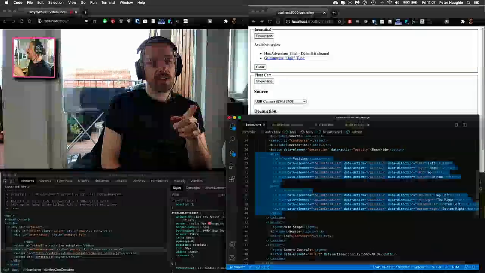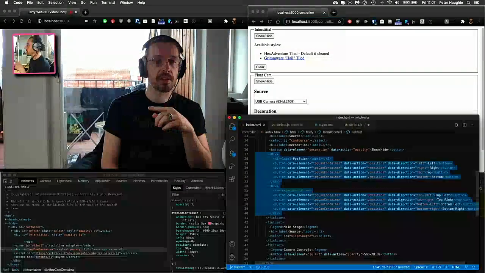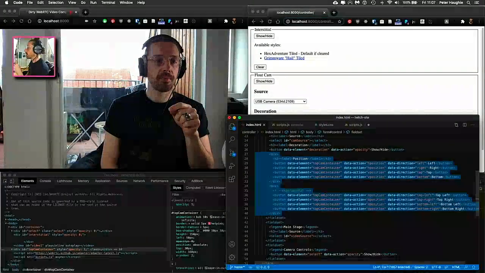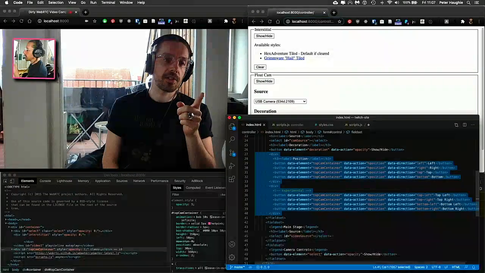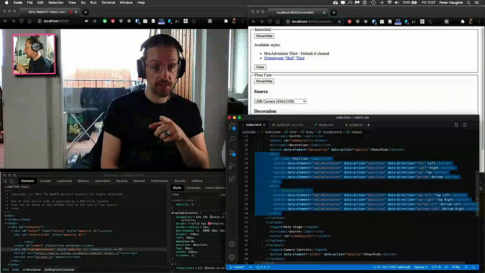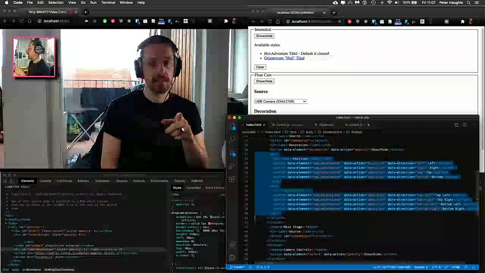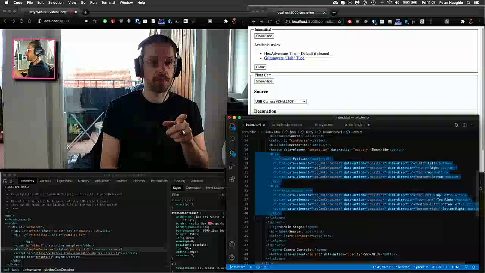Now, data direction is used in exactly the same way that the data action is. We're just using it as a string to describe what's going on. On the diagonal position ones, which is data action deposition, you'll see that the data direction is actually a hyphenated string, and that is useful to us because